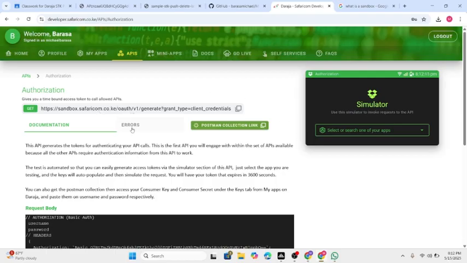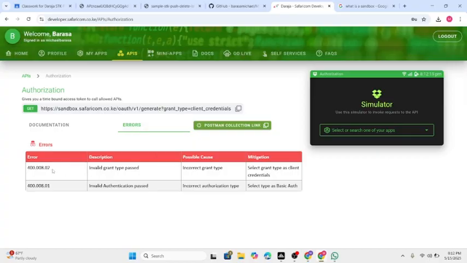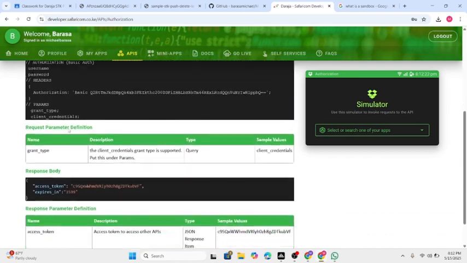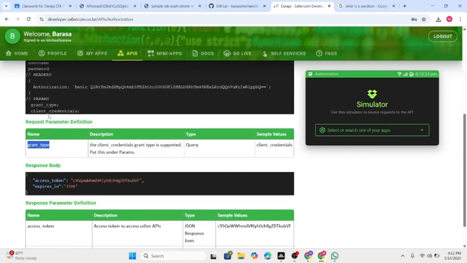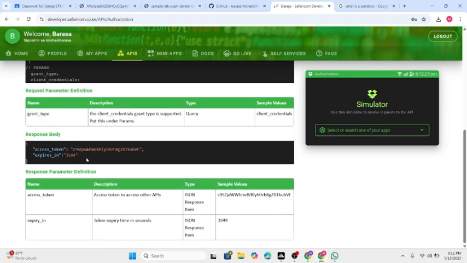You can even try to simulate. Here you can see the errors that you can get. So if you see this error, you know it's this type of error, yeah? And this is the probable cause and how to mitigate. Also in the documentation, you can see what is taken as a parameter. We'll look at that. And what is the response body. So what's the response? You will see